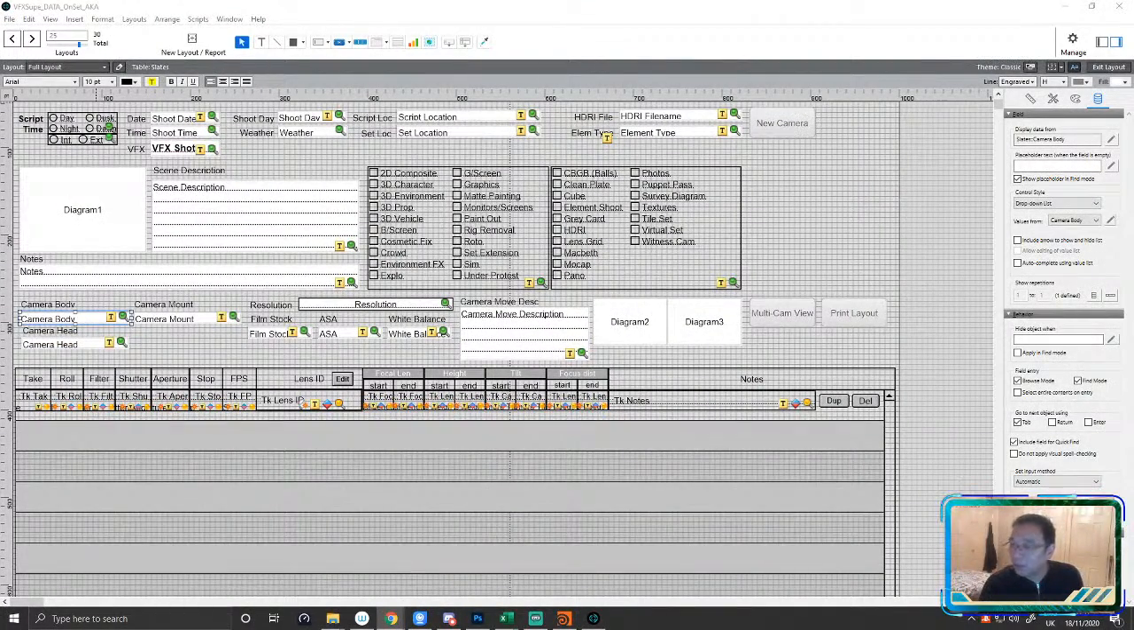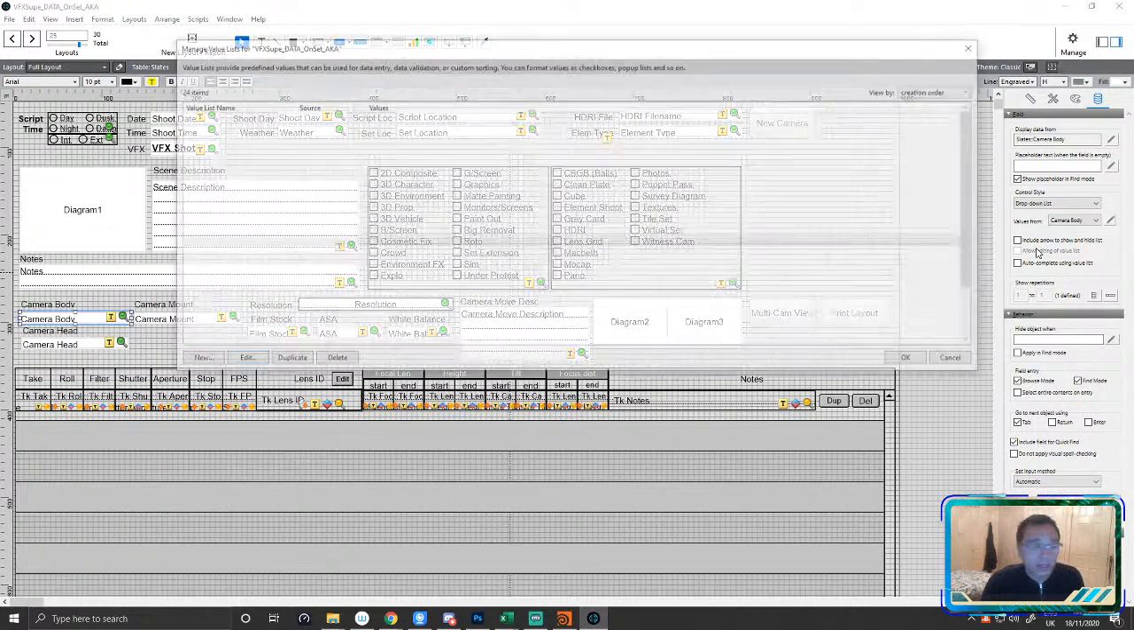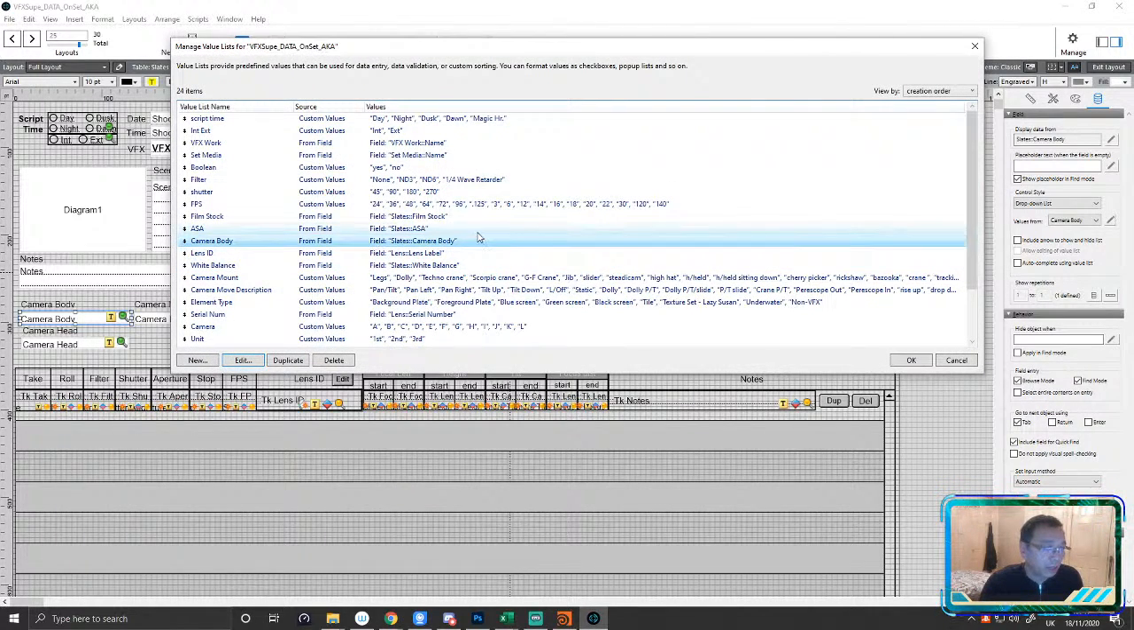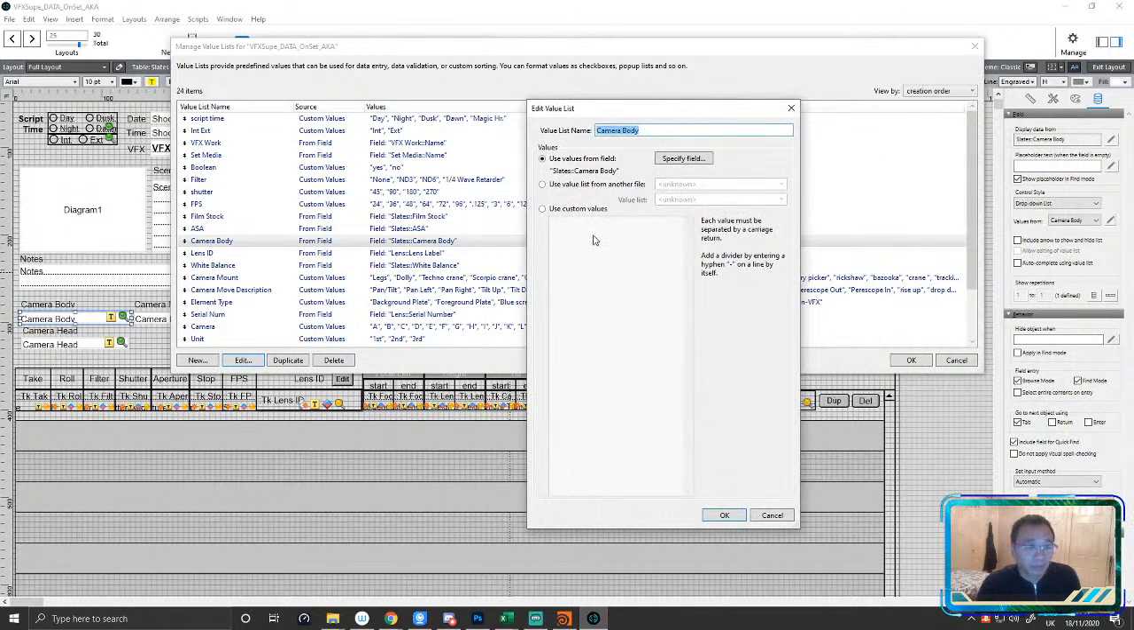I might do some screen grabs of these cameras as well, right? So let's pop in the different ARRI cameras, right? All right, so it looks like on The Mandalorian, they use an ARRI, right? So let's edit camera body, right? And I'm going to go to the camera body field here, and let's edit that bad boy. And I say,